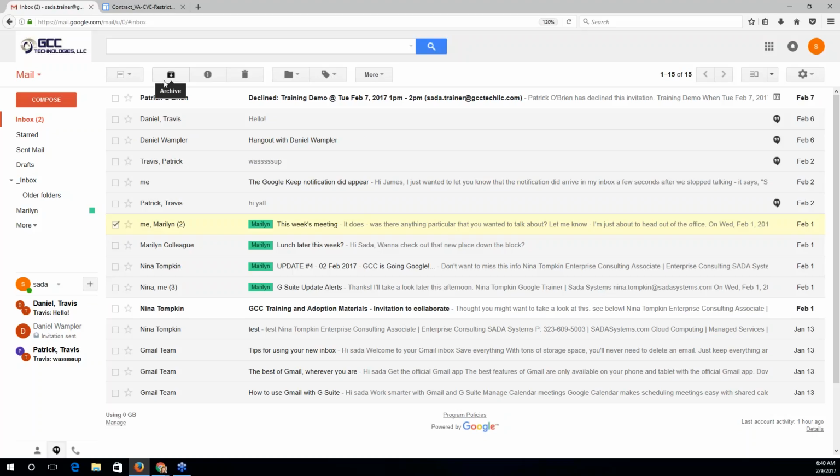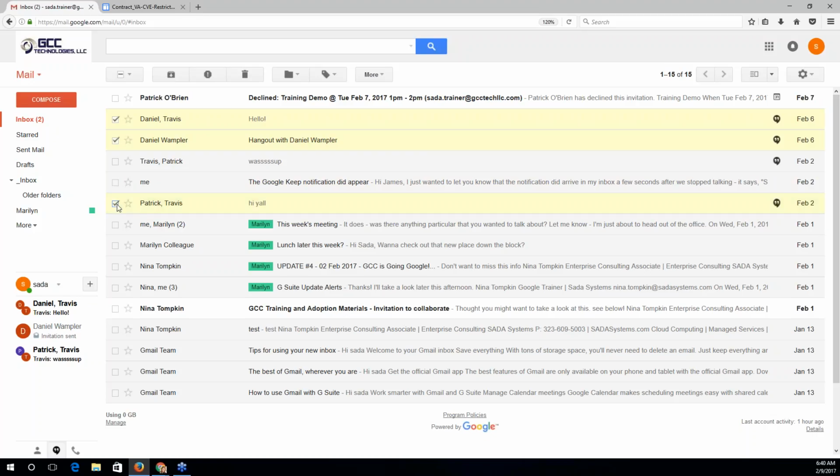The first button at your disposal is this archive button. An archive in Gmail is definitely different than what archive was in Outlook, because in Gmail, archive is really a way for you to keep your inbox nice and tidy. So for example, I have some chats saved as line items in my inbox because the chat history is saved in case I want to search for it later.